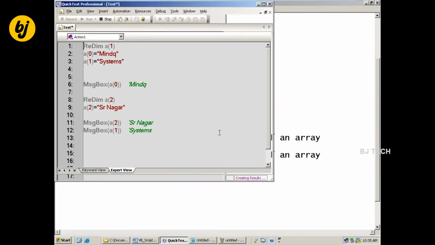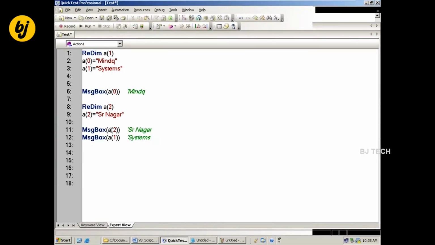Now I want to maintain those values. Maintain means preserve. We have to use that word, Preserve. When I'm going to redefine the array size, use the Preserve keyword so that it will maintain the existing values.